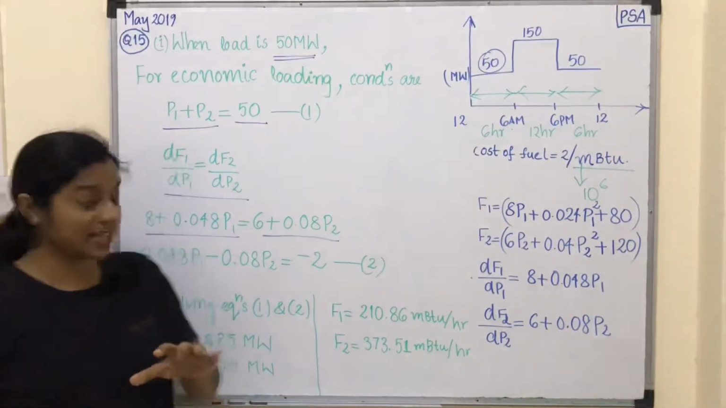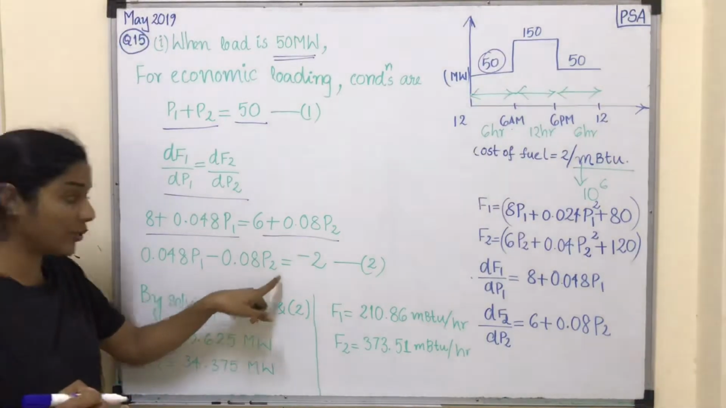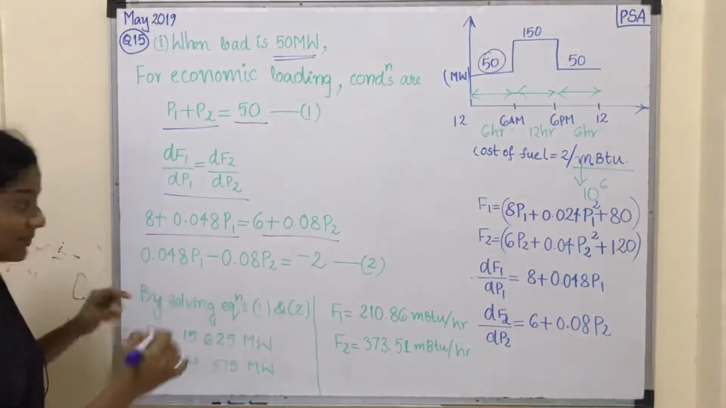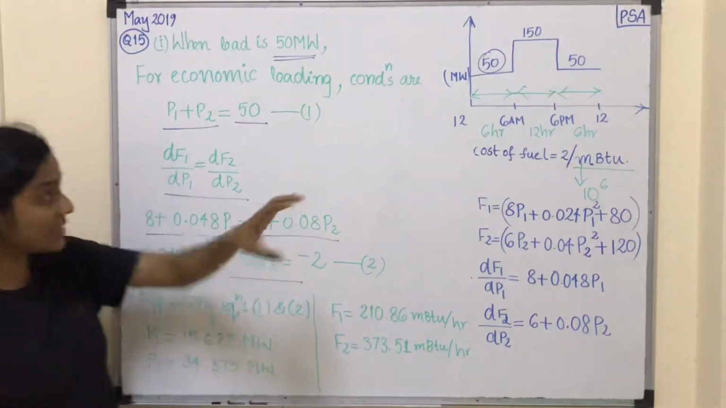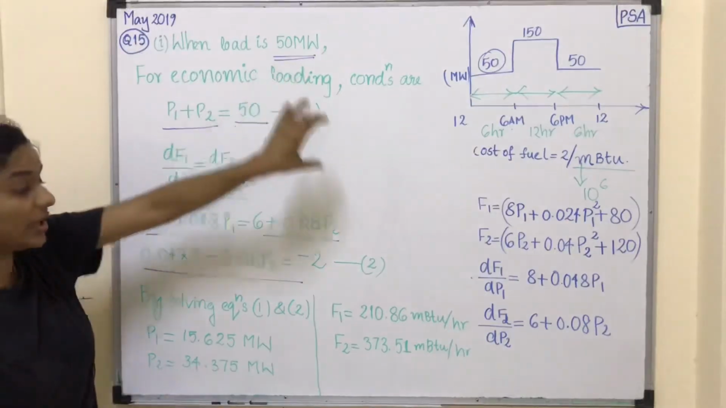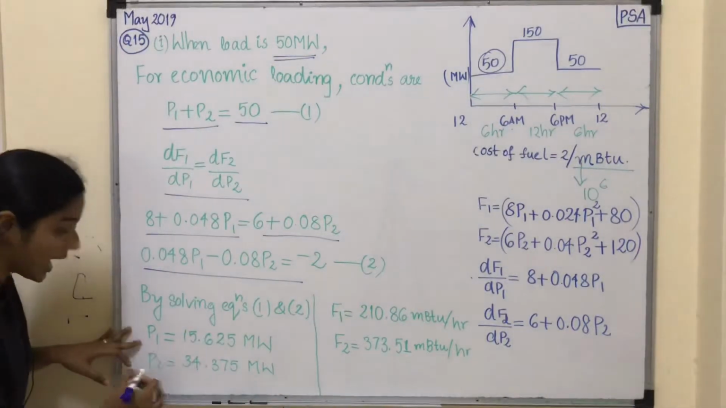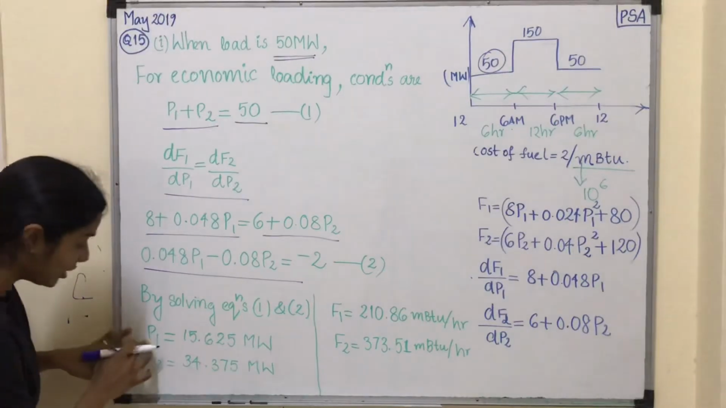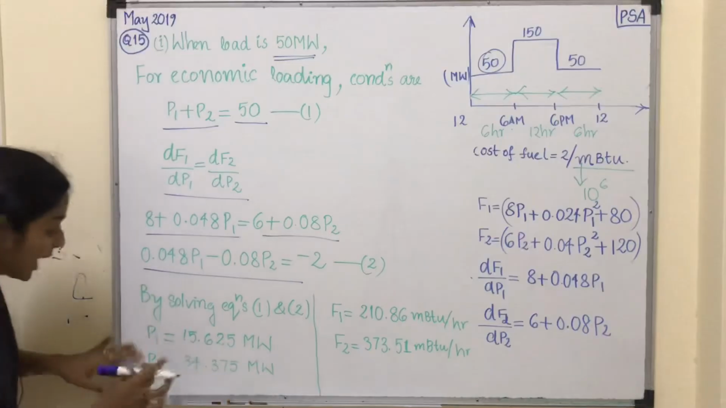If I rewrite this equation, 0.048 P1 minus 0.08 P2 equal to minus 2, and I am considering this as our equation number 2. So if we solve equation number 1 and equation number 2, we will get the values for P1 and P2. Okay, and here I got the value as P1 is equal to 15.625 megawatt and P2 equal to